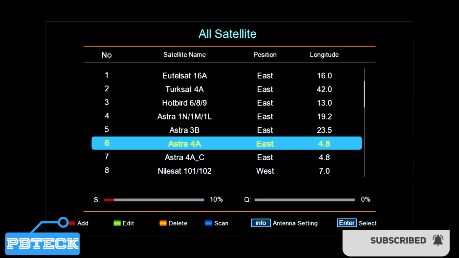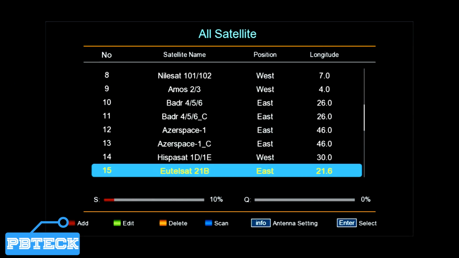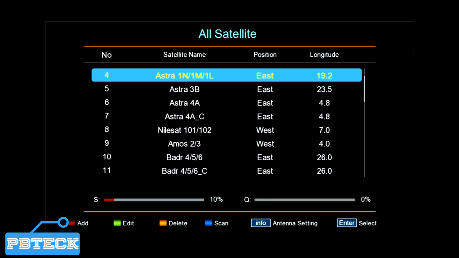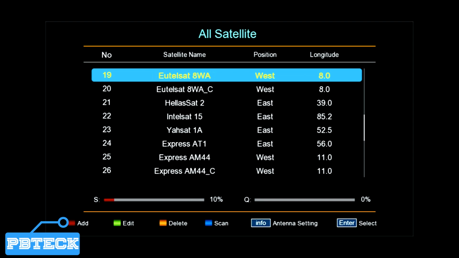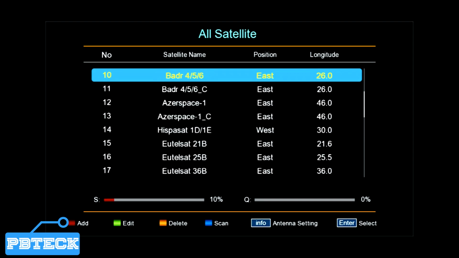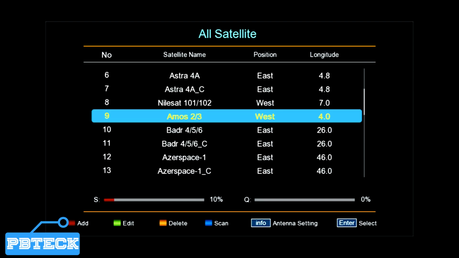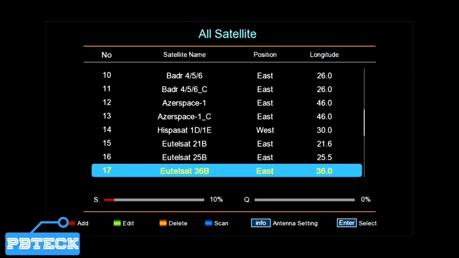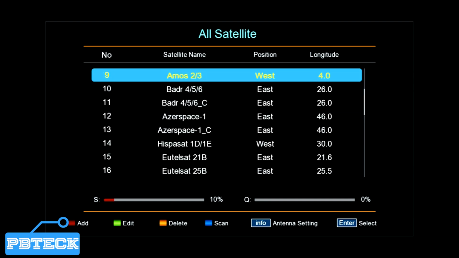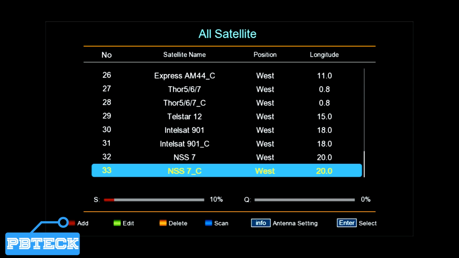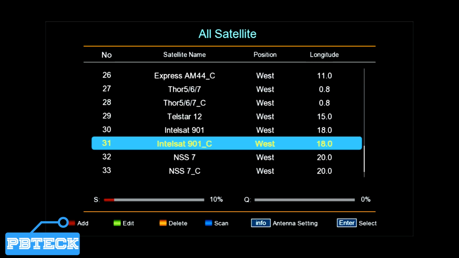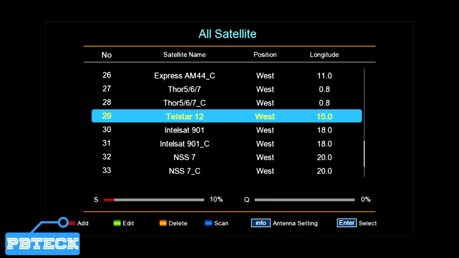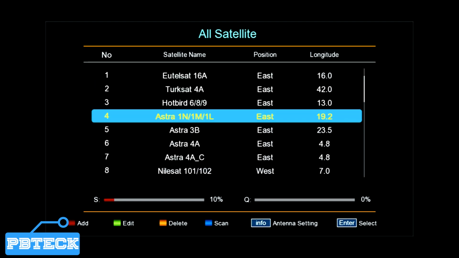This is the satellite page, and these satellites over here are satellite folders that have some TPs programmed with them. You can create your own satellite, as I was saying, to add your own TPs in it, so you don't have to worry whenever you are trying to track for any satellite. You can just select your created satellite and put it on the TP that you added in it. So you press the red button on your remote for the add